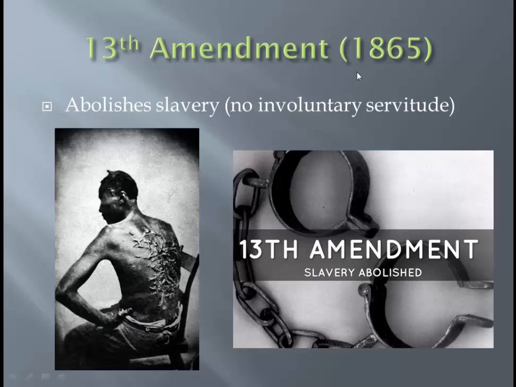13th Amendment, 1865, right at the end of the Civil War, officially gets rid of slavery. So we had to add an amendment to the Constitution that says we are not going to have slavery anymore. Specifically, if you look at the language, it's pretty nice. Our Constitution says in the 13th Amendment that there is no involuntary servitude. If you provide a service for someone, you get paid for that service. You get the buckaroos, you get some money. Obviously, back in these times, these people did not get paid. Bad things happened to them. It was a bad time in our history. As we go through the course, we're going to talk about slavery and what those poor people endured. I'm glad that it's over.